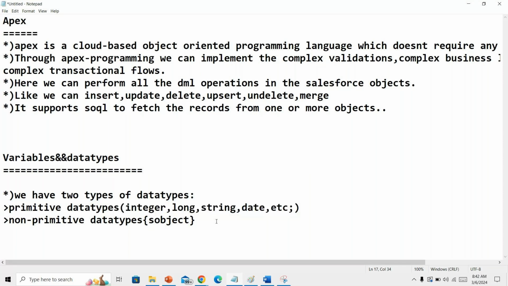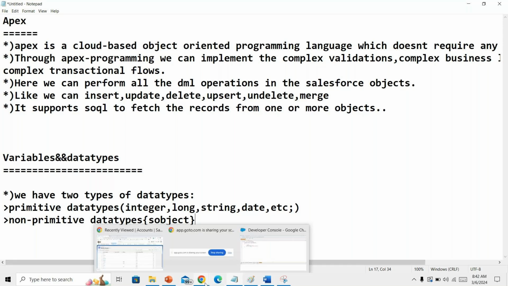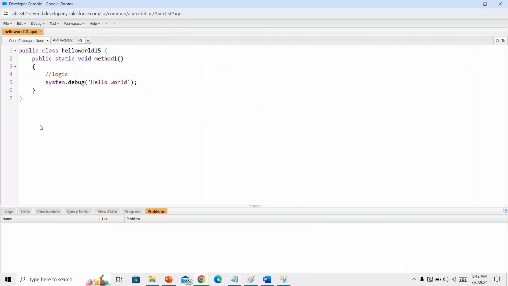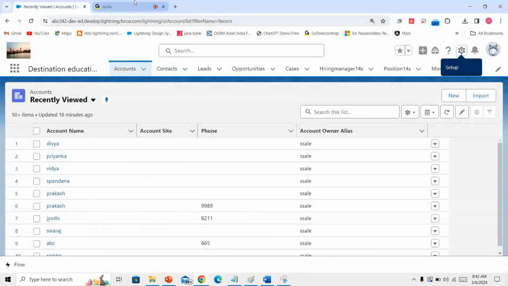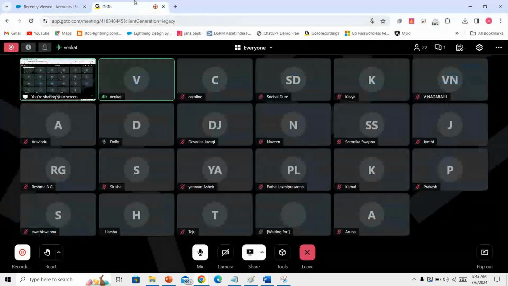Let us see some examples, then we can learn about primitive as well as non-primitive data types. Is my screen visible, everyone? Yes, sir. Here we are creating HelloWorld15. If you want to see this Apex class from the back end, not from the developer console, then